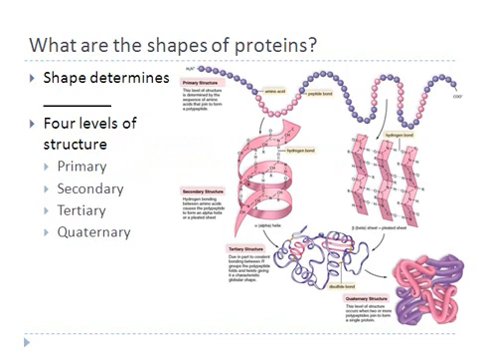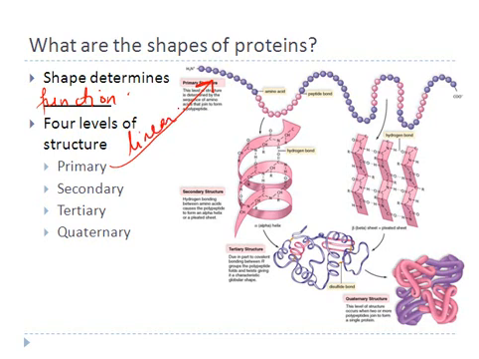So let's look at the different ways these proteins can organize themselves, and the shape determines its function. There are 4 levels of this organization. The first level is called the primary level, and in the primary level you see that amino acids are linked as looks like a bead, so they're just linked up in a linear pattern. This is called a primary structure.